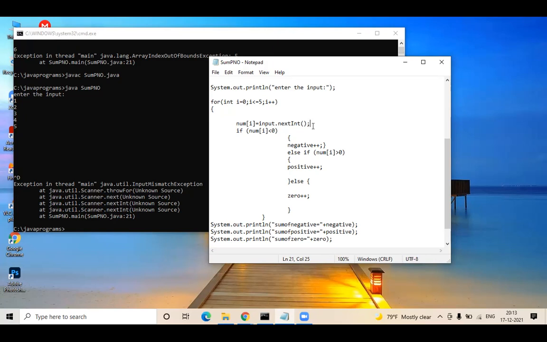But the thing is, though she's using a for loop, for her the scanner is not getting ended. That is the issue here. She is not asking for the input through the user scanner input. I am giving it as 5. So instead of consuming it as one input, she has predefined 5 as the total count, and she wants to consume it. But the problem is, the scanner is not getting ended, because that is within the for loop. So what you can do is, the input.nextInt, whatever you're taking as num of i, take that line and place it outside your for loop.